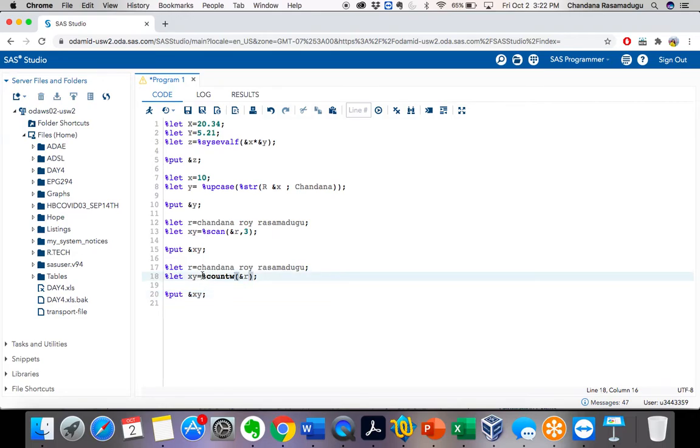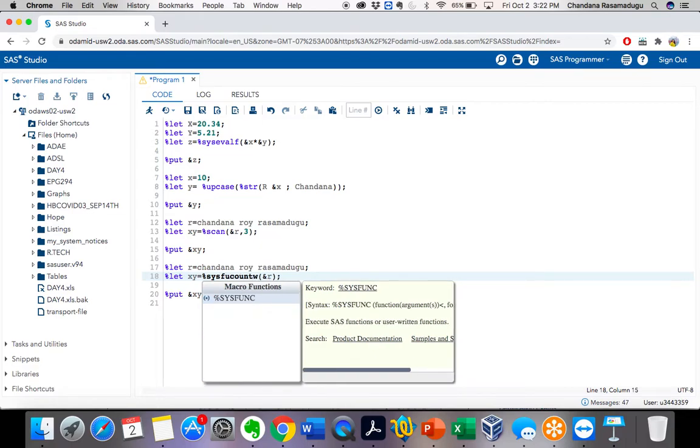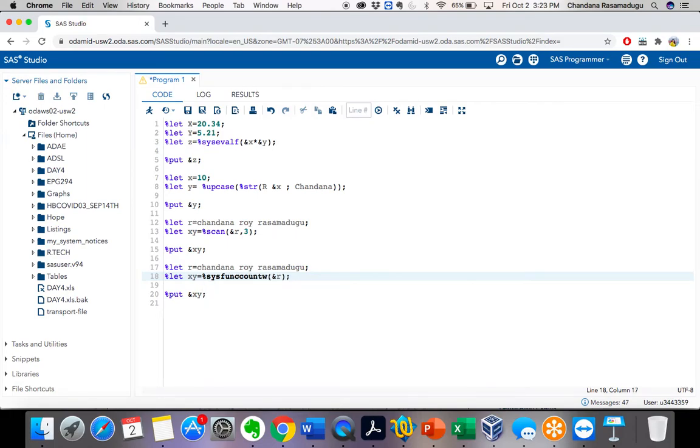So here let's use &sysfunc. What will this &sysfunc do? Execute SAS functions or user written functions. So to make it work, I have to use this sysfunc.